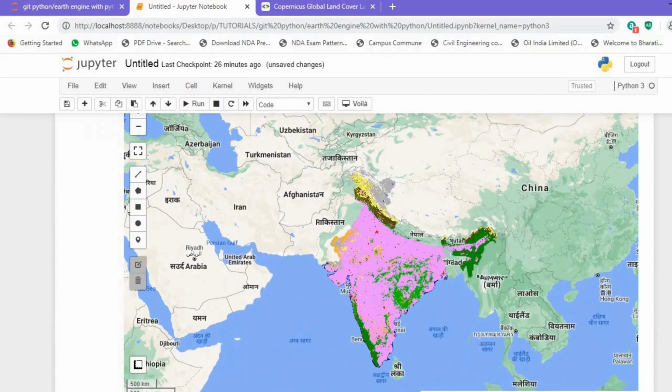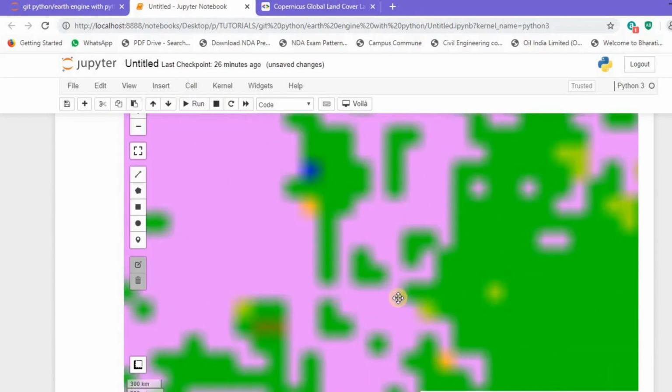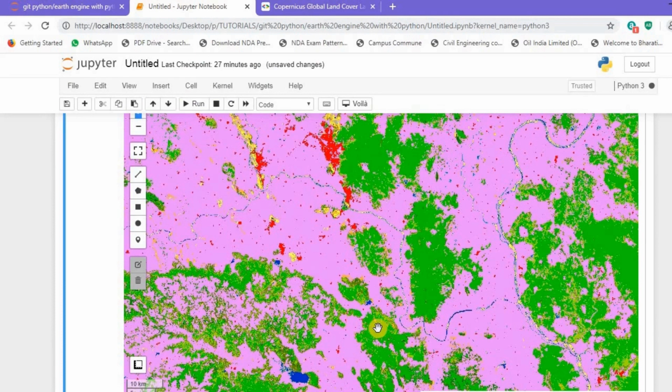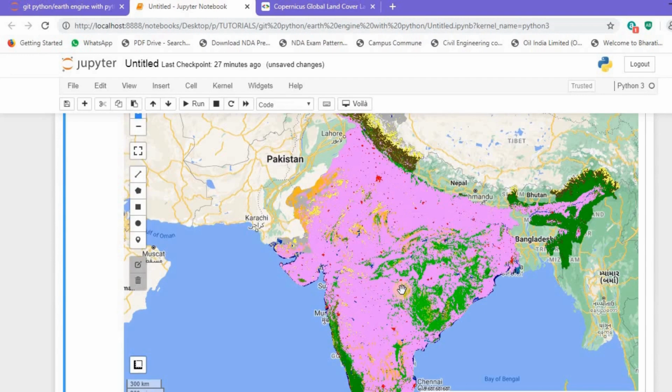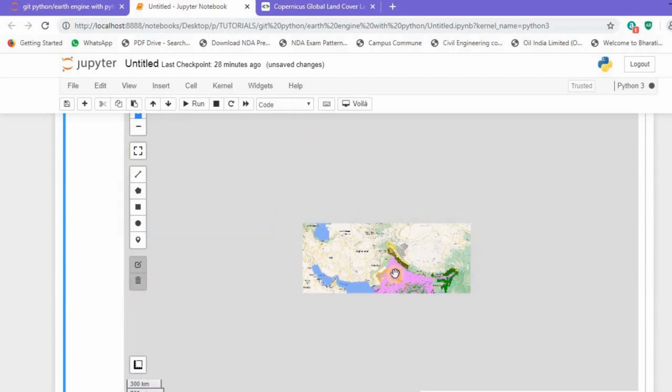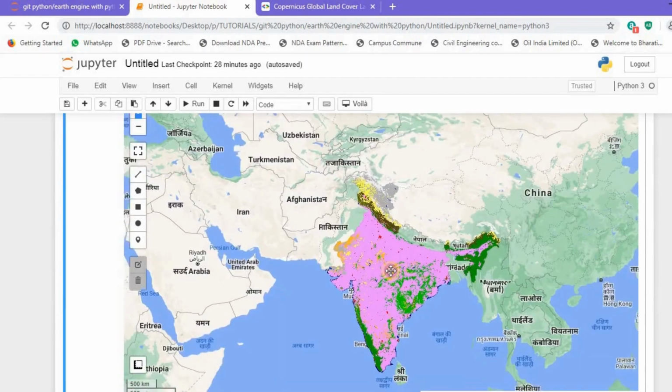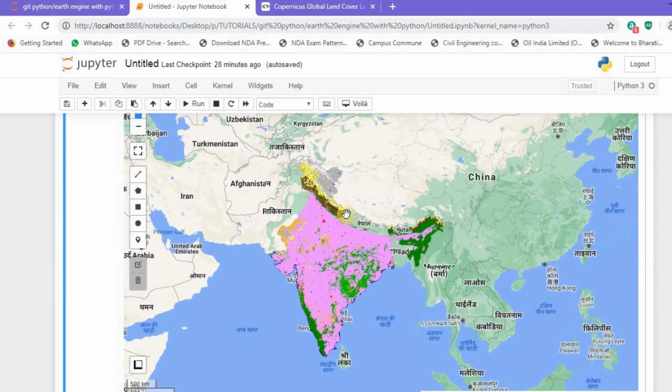Here we are. So as you can see, a nice land cover map has been generated. Let's zoom in a bit in order to get a better view. Now we can clearly see the land cover classification over there. We have a green, a tint of yellow, we have red, we have blue, yellowish green, dark green. So we can see all of these land cover classifications over here. And if I zoom it out, you can see the whole of India has been covered in this land cover shape. That's it. So we have successfully created a shapefile. We have successfully imported the data and then we have clipped the data onto our shapefile.